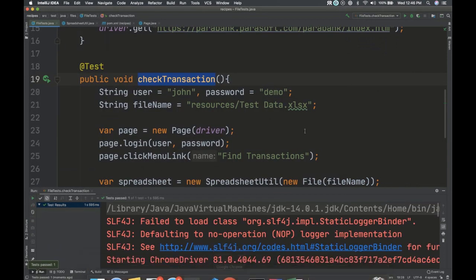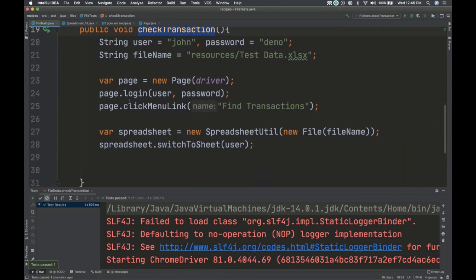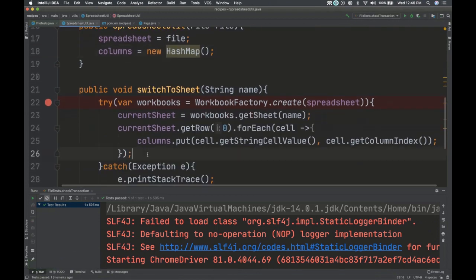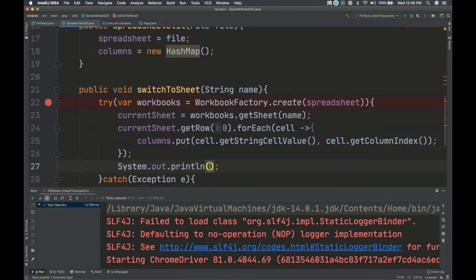Oh, I ran the whole thing. I don't have to even debug it. I can print it out. Let's do a print. So, columns.